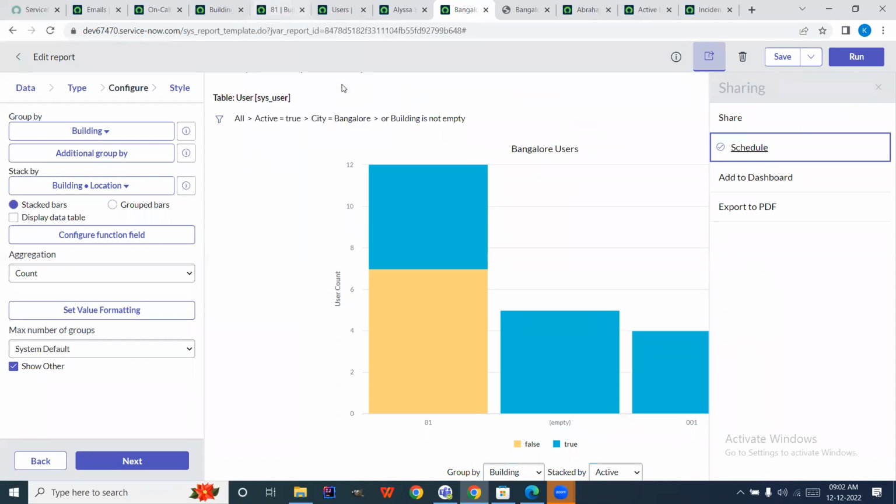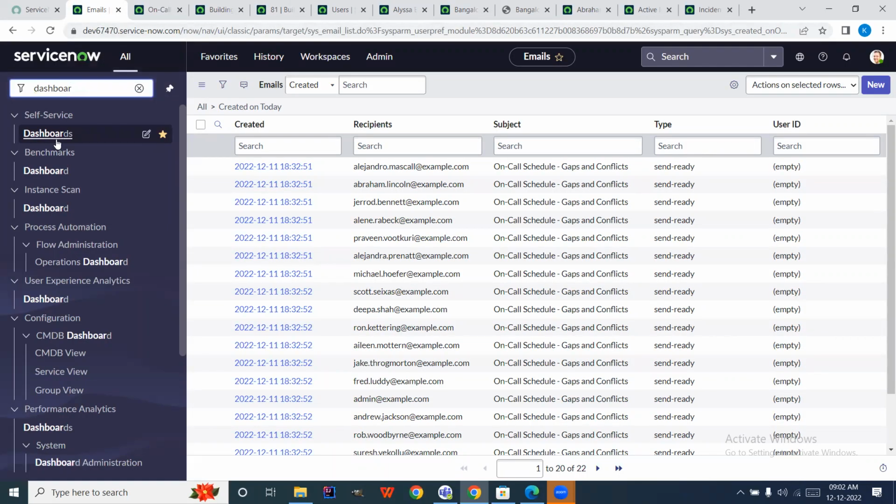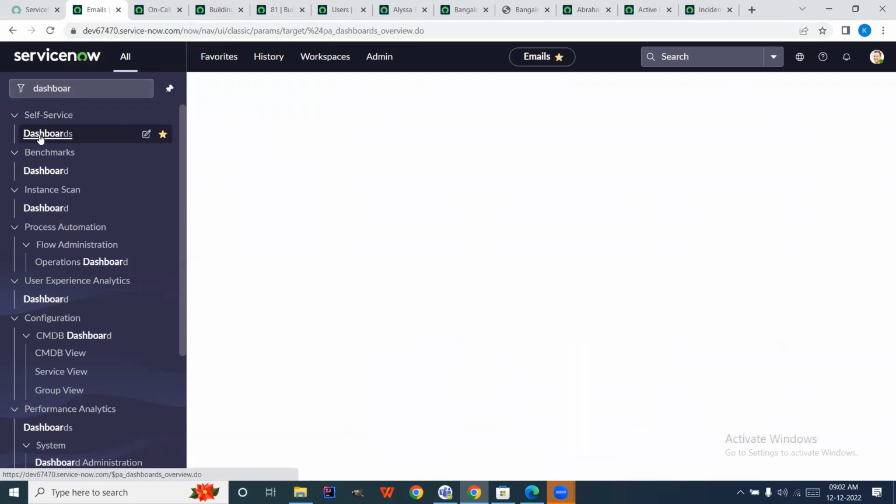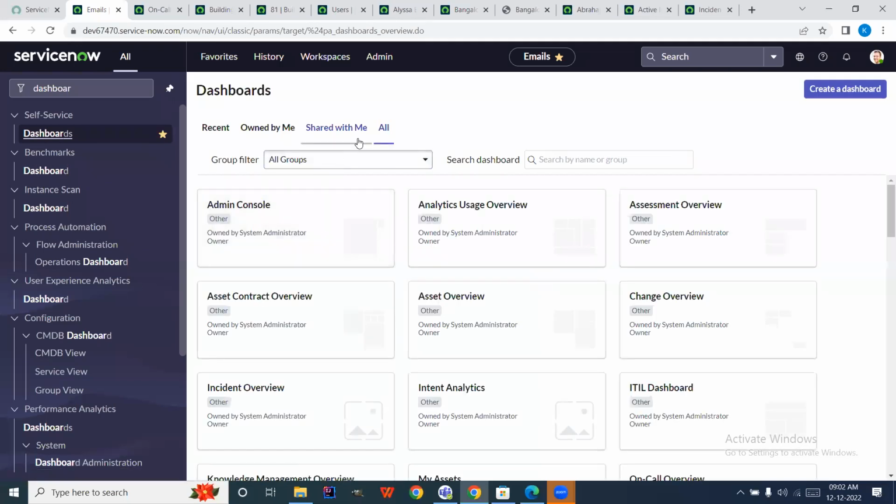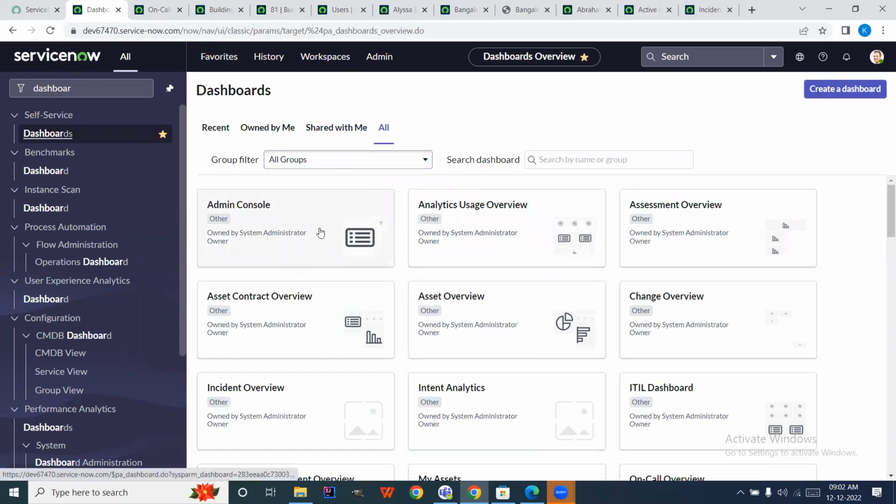All of those reports I can find in one place called a dashboard. So I'll go to dashboards. Here you can see different dashboards. If you go here, admin console,